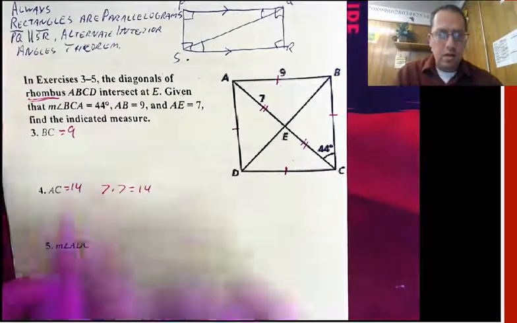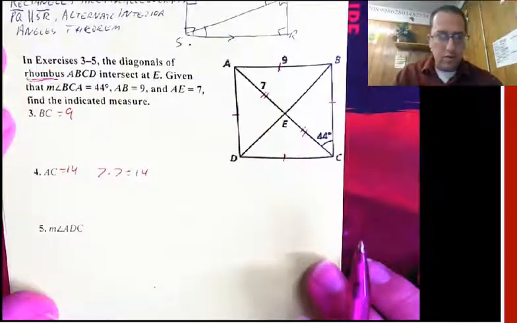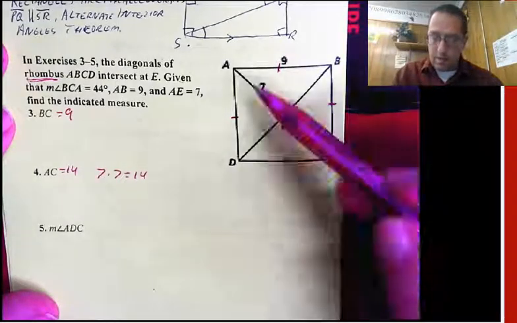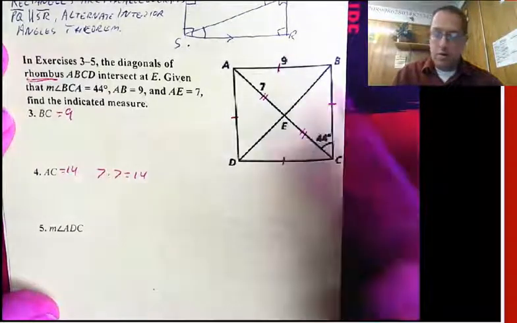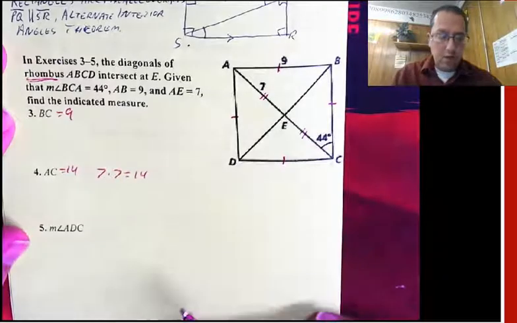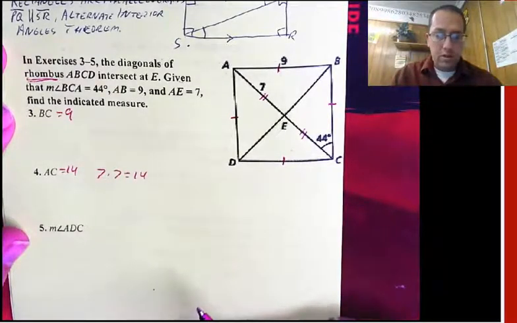So we'll put that equals 14. All right, and does this ask us to split? It does not ask us to split, so we don't have to write that down. But that's because it's a parallelogram, and in all parallelograms, the diagonals bisect each other. Okay, number 5, we need the measure of angle